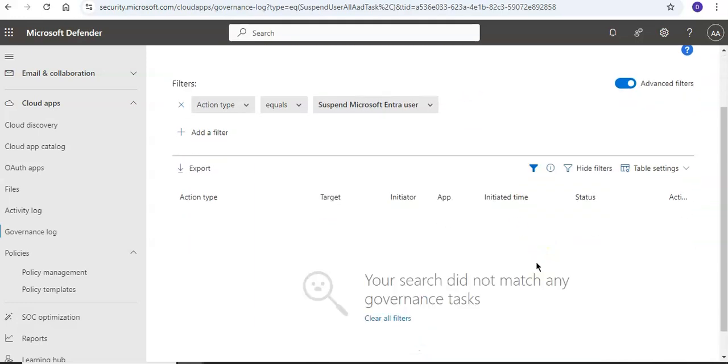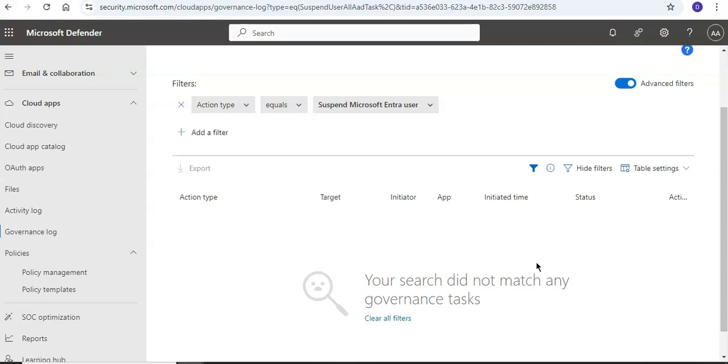And it will show you if there is any suspended Microsoft Entra user, right? And the notifications can be in form of alerts, user email notification. You can only notify specific users. You can notify last file editor as well. And you can